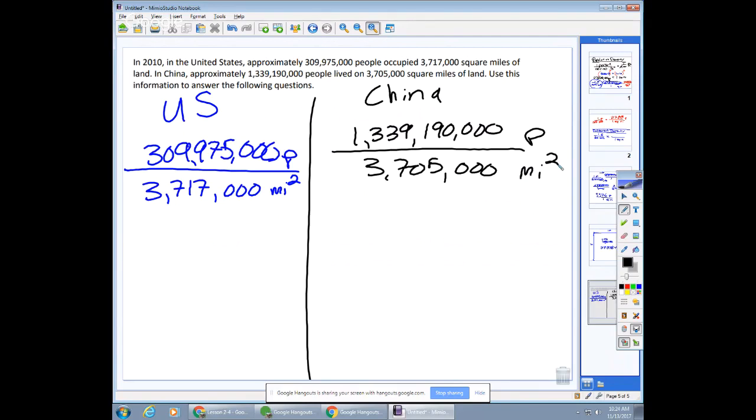Okay, so the student in part A says, no, I think China's less dense. Do they have any grounds for that? No, they made a mistake somewhere. In the second part, somebody claims that China's 4 times more dense. You'd say true on that? That's true because it's almost 4 times as many people. Yeah, if we take 4 times 3, that would be 12. Over here, we essentially have a 13. So yeah, there's more than 4 times as many people in China in about the same land space. So it seems reasonable that China's about 4 times more dense. They have 4 times as many people crammed into any region as we do, on average.